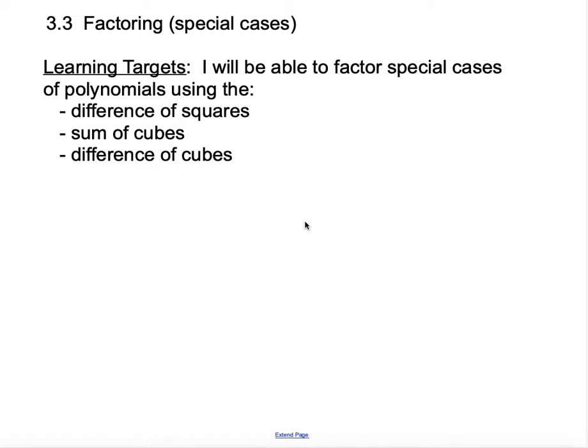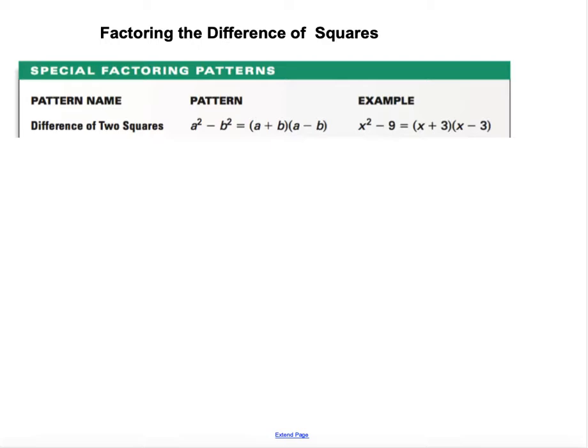Hello. Today we are going to factor some special cases of polynomials using the difference of squares, the sum of cubes, and the difference of cubes. So factoring using the difference of squares. What that would look like is you've got something in the pattern of a squared minus b squared,